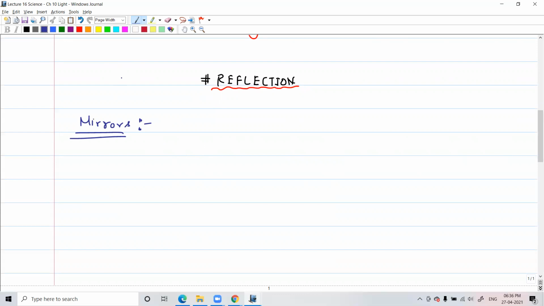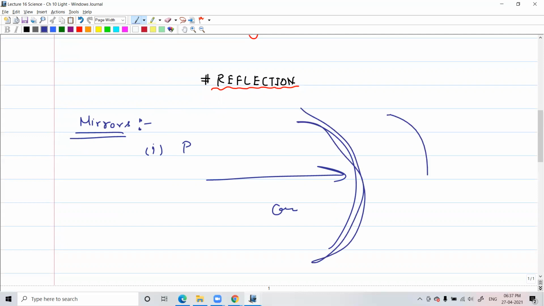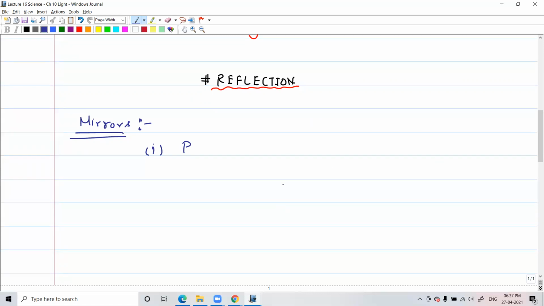Concave, plane mirror and convex mirror. Yes. So first, they are not lenses. Lenses are also concave and convex, but mirrors are also concave and convex. Concave is basically a shape or a structure. If you have a shape like this, where you can go inside, this is a concave structure. Now a mirror can be shaped into this. Even a lens can be shaped like this. So concave can be a mirror or a lens both.